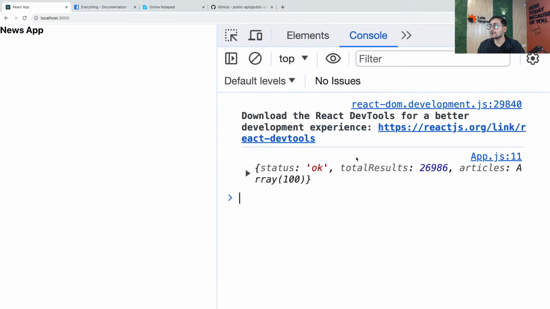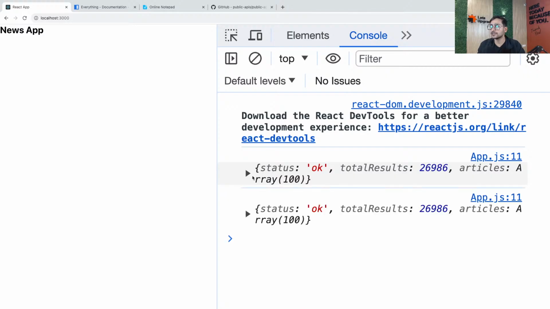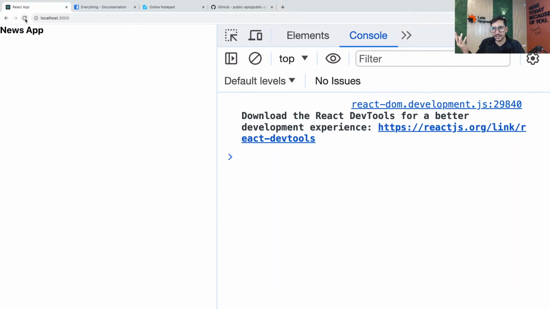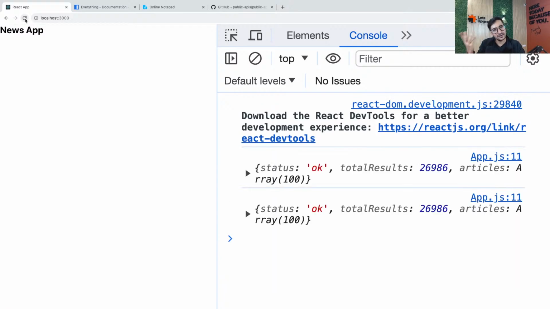Okay, we have a lot. Okay, guys, we got it actually. See, we got it. So see, guys, you got the result. Again, it's coming from a real-time API, so it will definitely take some time, always. Remember that. It is coming from a real-time API, so it will always take time, just like in your apps as well, right? Sometimes data loads for some time, 2 seconds, 3 seconds. And I think it's taking around 3 to 4 seconds. See, if you wait, it takes around 3 seconds. So it's okay. It's coming from a real-time API.